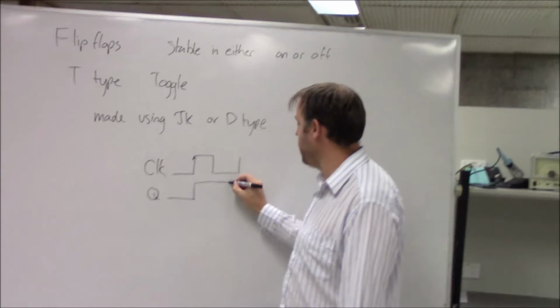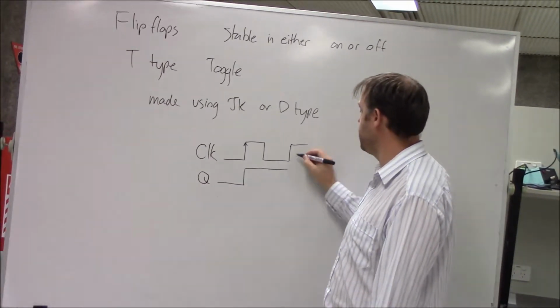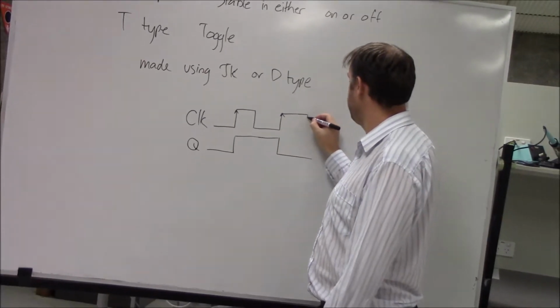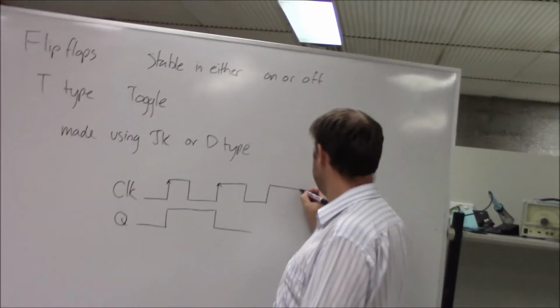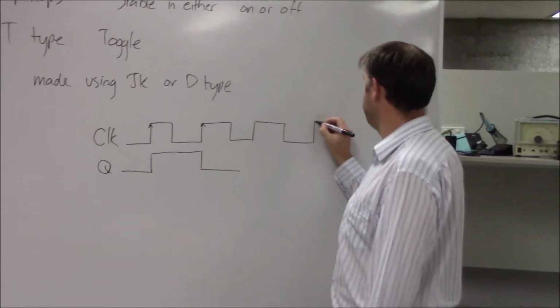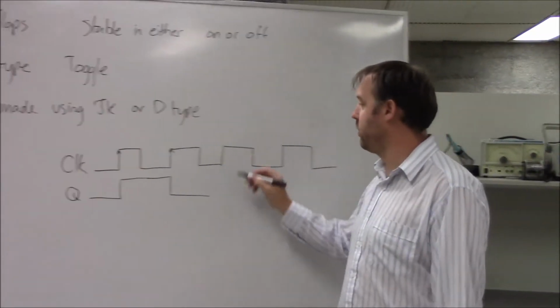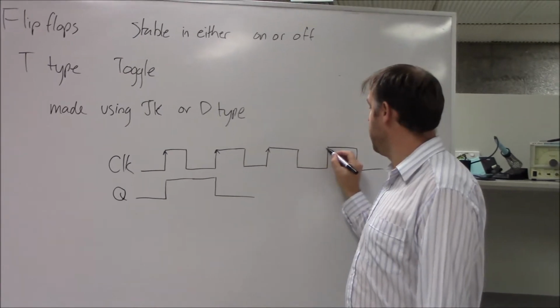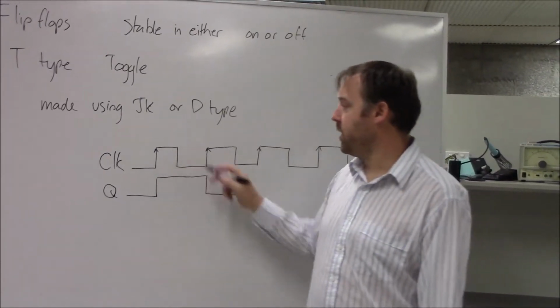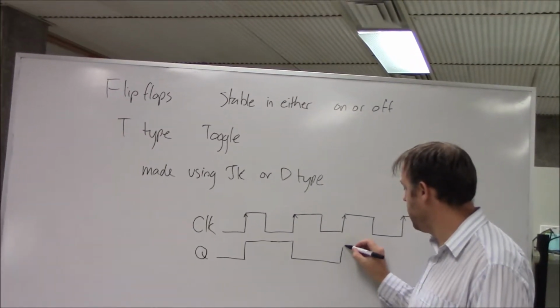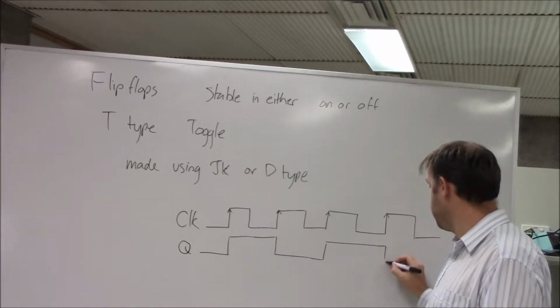And it won't change again until it sees another rising edge. So if I have a clock signal, let's say for the sake of argument it's a regular clock signal, we're getting a rising edge every 1 second. Then this output here won't change